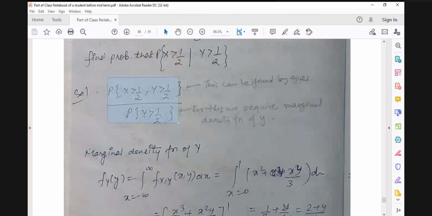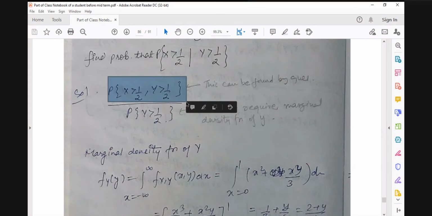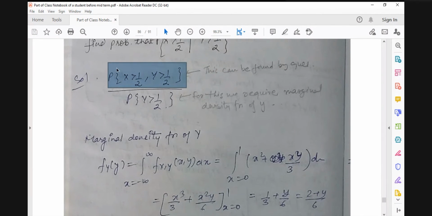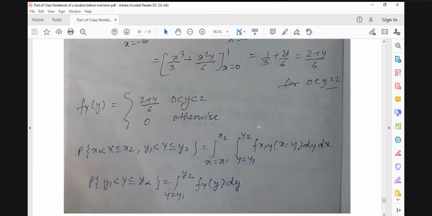Now we have to calculate this probability. Now we have this marginal density function of y, joint density function, and you know that this probability can be calculated in terms of the random variable, in terms of the integration. So you know that this is actually double integration from minus infinity. Actually this is greater than 1 by 2, and the formula we derived actually was for less than 1 by 2. So we will see that one also.